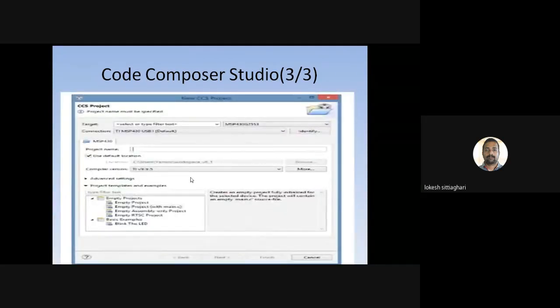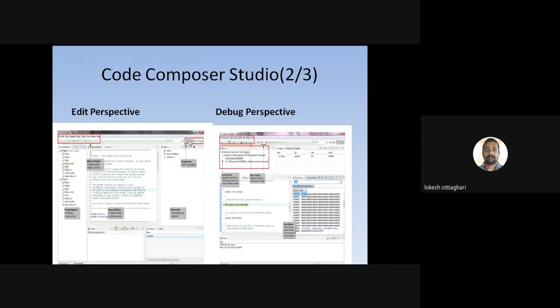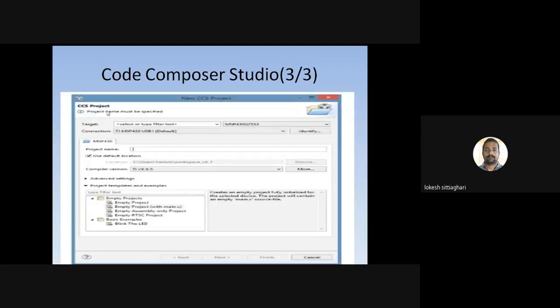To create a file in the Code Composer Studio, first go to the edit perspective. Go to File, create a new project, then it will appear like this. There you need to select the target.